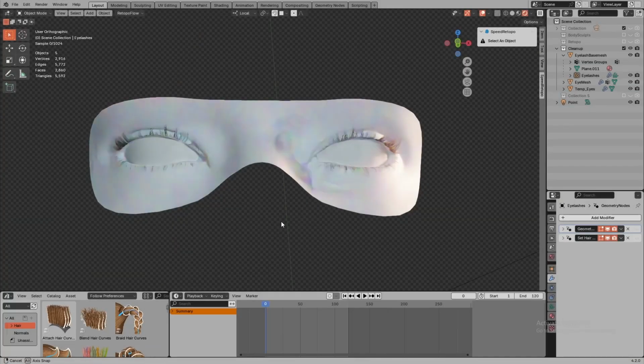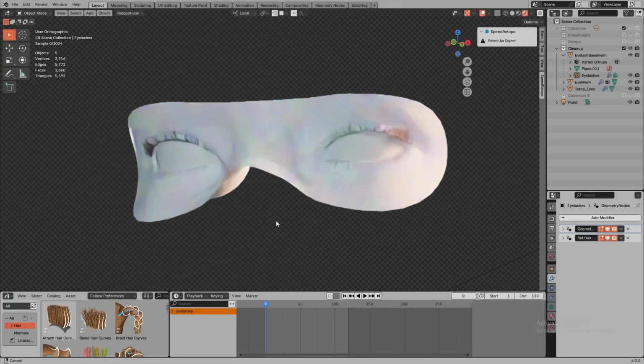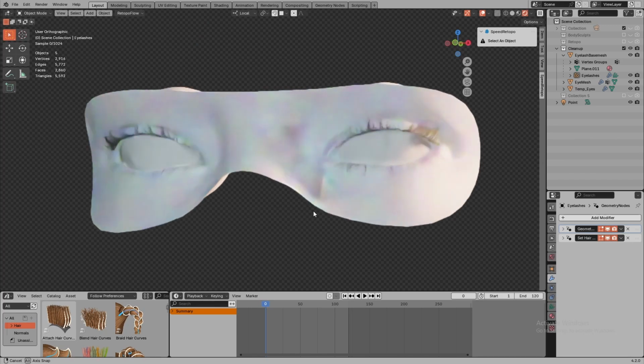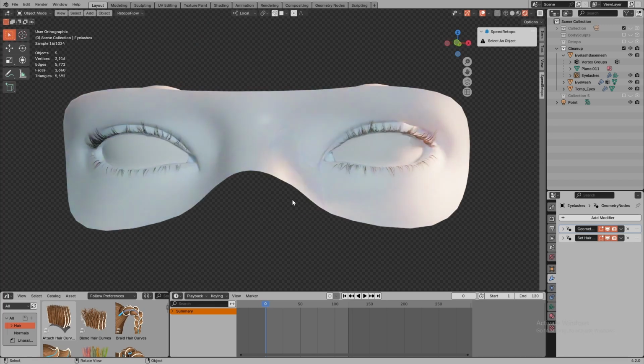So, you want to make eyelashes like these? Well, you're in luck, because I have spent longer than I'd like to admit trying to figure it out. And now that I finally have, I'm going to show you how I did it, so that hopefully you will